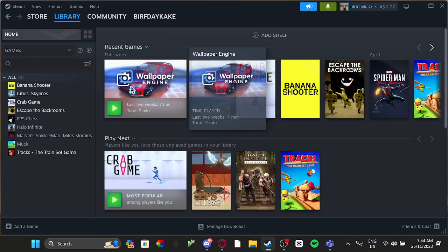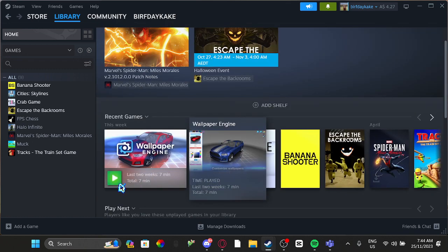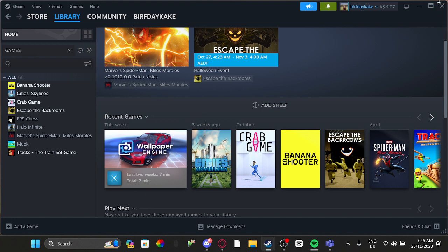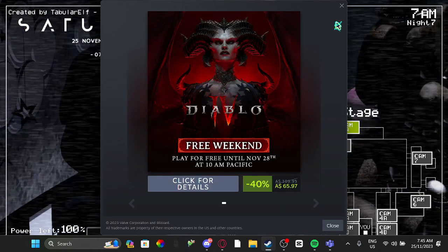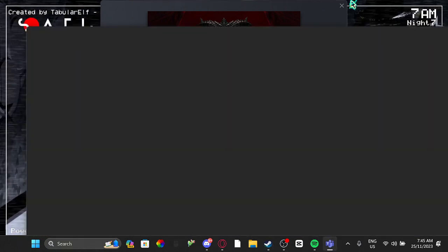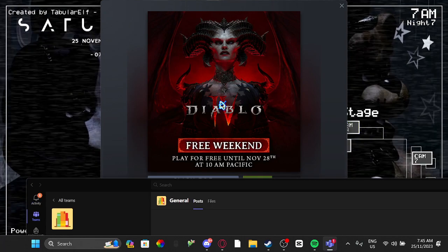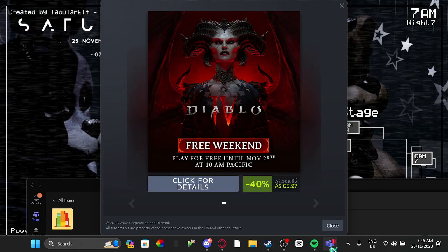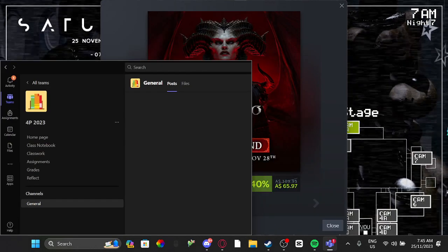In your library, if you have the engine, it should cost about $6.50. You go here, have the engine open, and then if I minimize the tab, let me open the library. There you guys, as you can see, I've got this wallpaper right here.